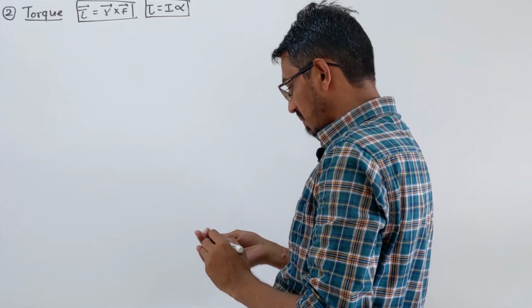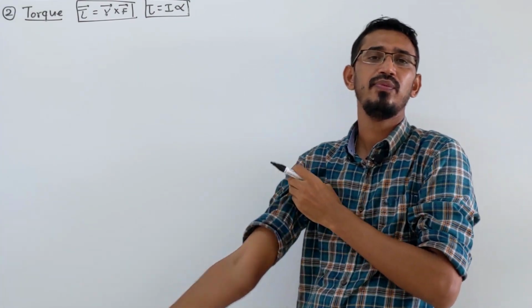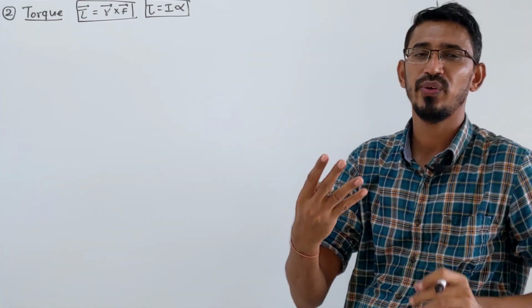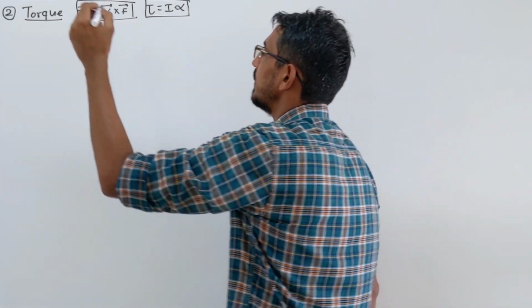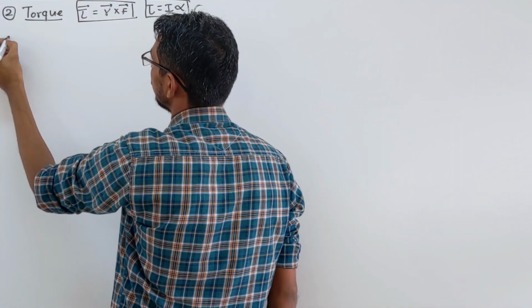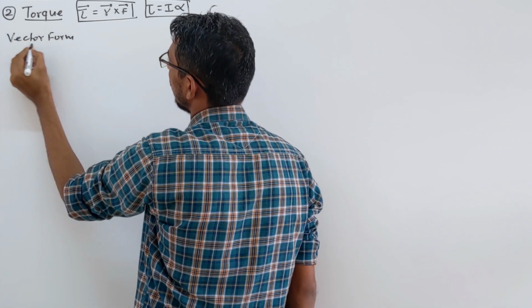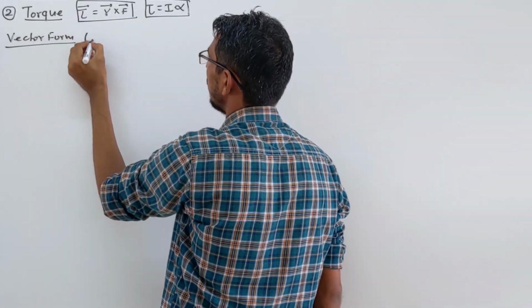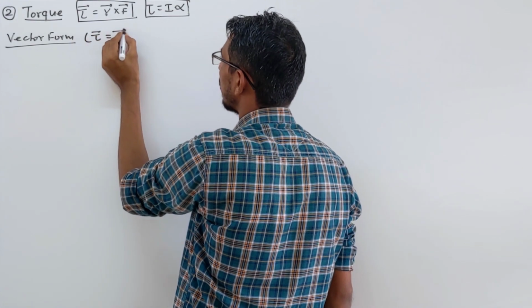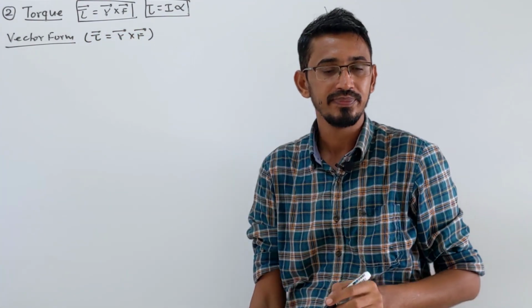Okay, so we are doing problems on torque, and let us understand what type of problem they ask. Generally, I have seen 4 types of questions, or simply 4 patterns. First question is based on the vector formula itself. That is very important to understand. Torque is equal to R cross F. I told you it's R cross F, not F cross R, right?